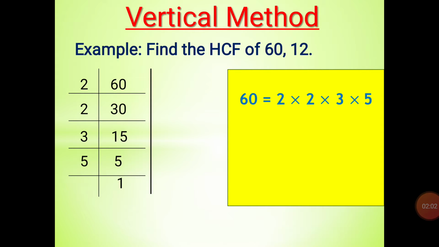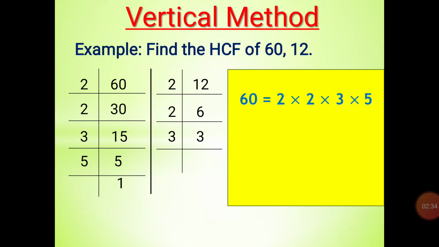Now we will start factorizing 12. 12 is an even number, so it is also completely divisible by the smallest prime number 2. After dividing 12 by 2, we get quotient as 6. 6 is also an even number, so we can divide it completely by the smallest prime number 2. After dividing 6 by 2, we get quotient as 3. Write it below 6. And we know 3 is a prime number too. After dividing 3 by 3, we get quotient as 1. Once we get 1, factorization of 12 is over.